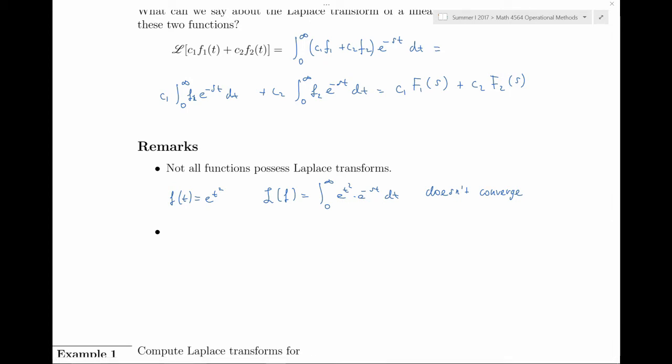Another thing that we need to note is that in most applications, we compute the Laplace transform without knowing what the actual function is. So in these particular problems, we assume that the Laplace transform is actually defined. And we operate on this assumption. And then later on, when we get the actual formula for the Laplace transform and we get the inverse Laplace transform, that's when we actually see that a function may have a problem. So I would say that in our applications,